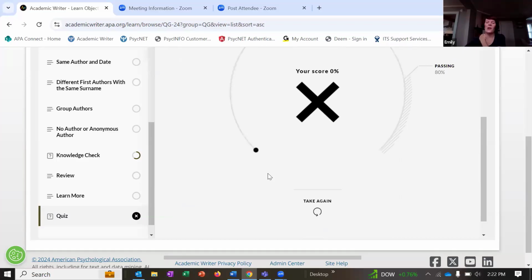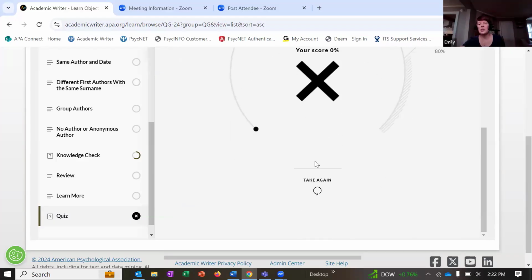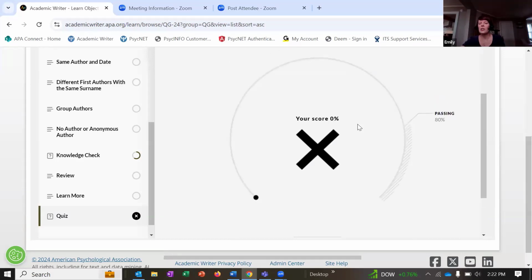I just wanted to show what you see at the end of the quiz. I did use up one of my attempts there, of course, to get 0%, which is sad. But once you finish the quiz, it's going to show you your score here. I got 0%, but it shows you passing is 80%.